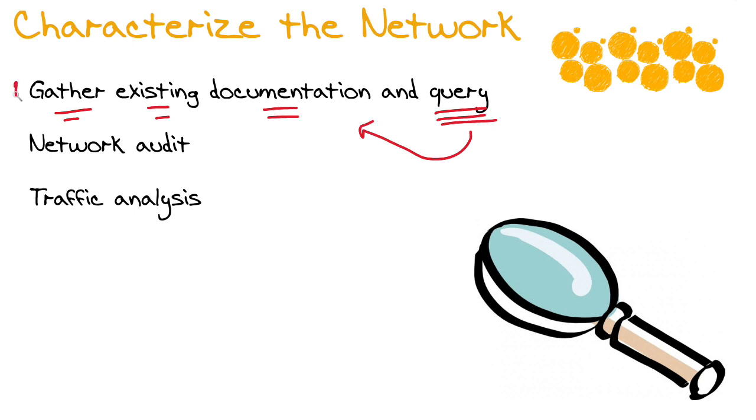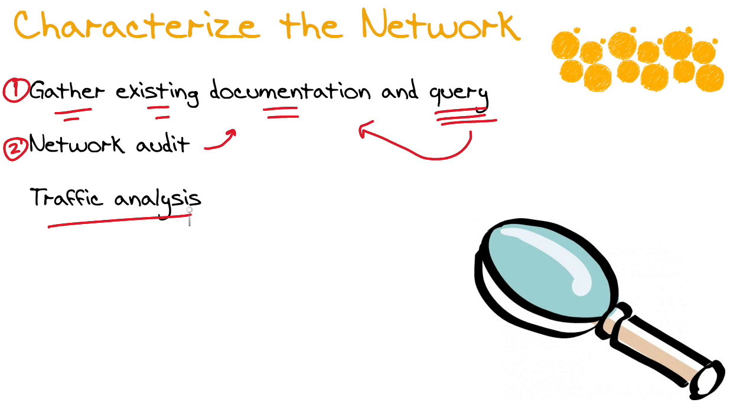So this is our step one. Remember, we go in order. In step two, we perform network audits. This helps to add detail to our description of the documentation. This is often where we are assisting them by filling in the blanks in their documentation. And then if possible, we do traffic analysis. And again, this is to augment the information that they have given us.